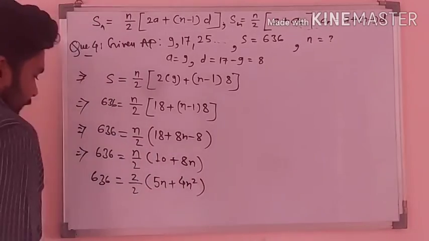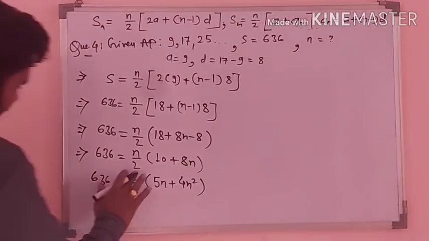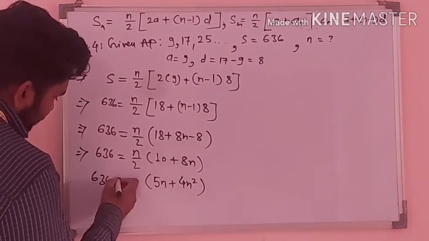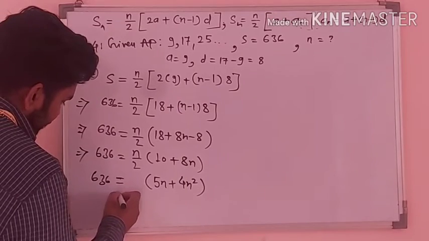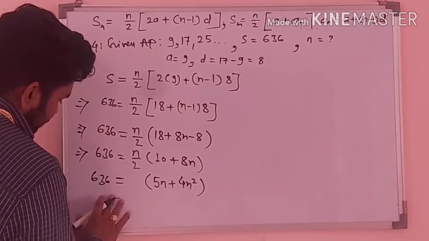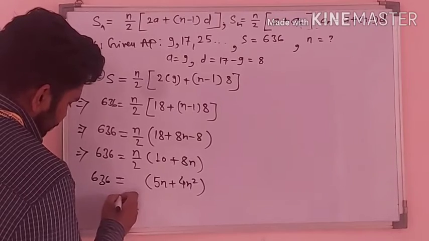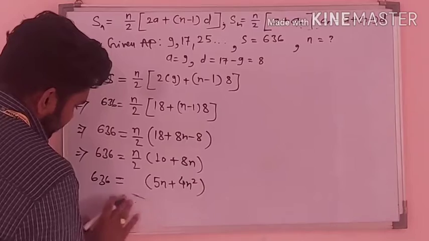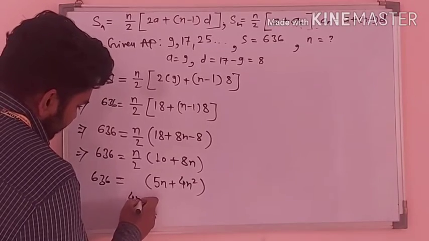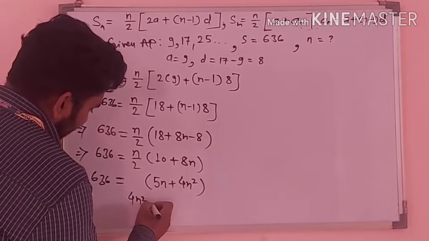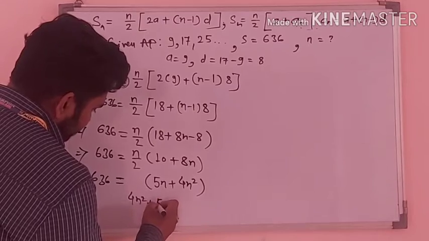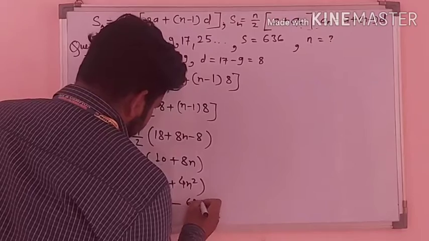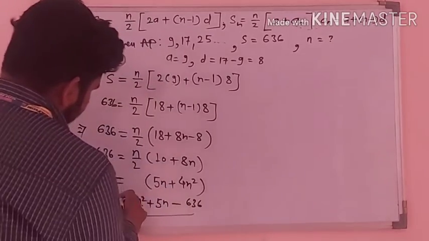Okay dear students, this value we are getting, so n by 2 by 2 is cancelled, transfer this value 636, that means we get 4n square plus 5n minus 636. ओके, तो अब ये क्या बन गया आपका,